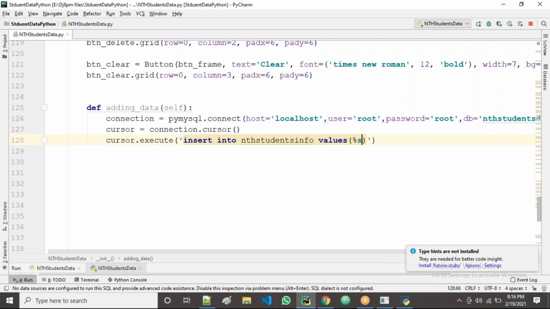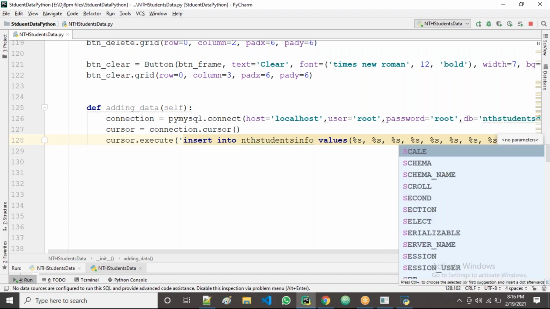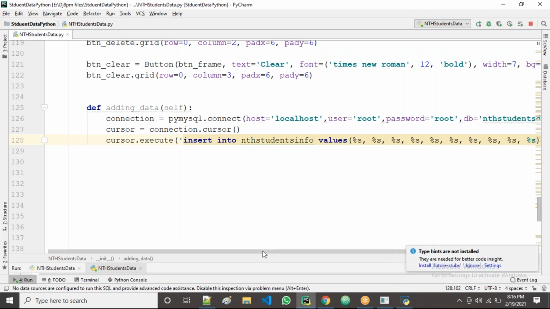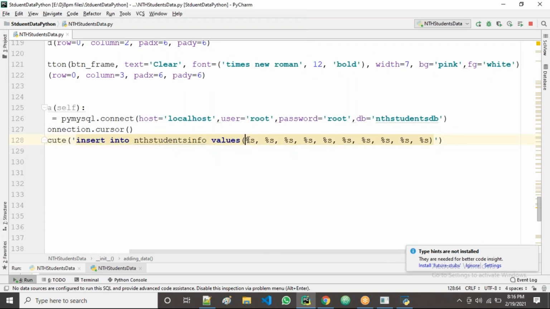Now I'll take all percentage s. One, next one, we'll take one more again for the second one, roll number, for first name. Next for last name. We'll take 10 for each field: the fourth one, then the fifth, sixth, seventh, eighth, ninth, 10, guys. Now all of you observe, how many columns are there? 10 columns. So I have taken now 5%, right?